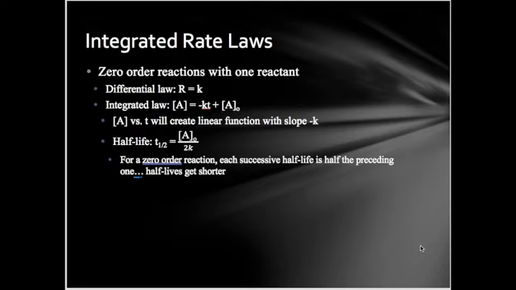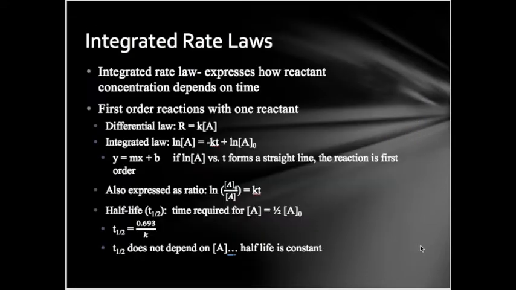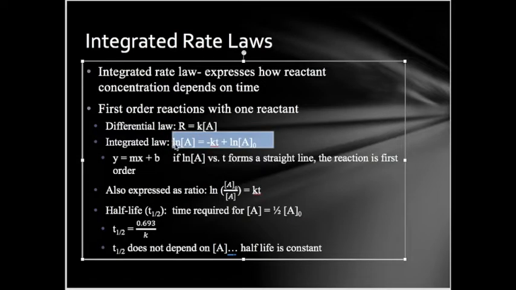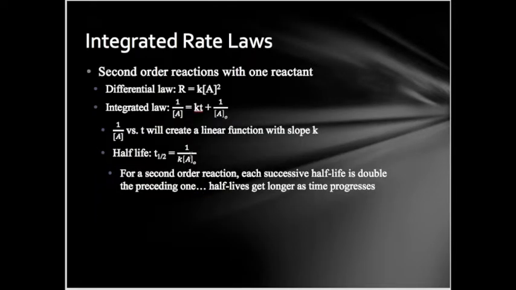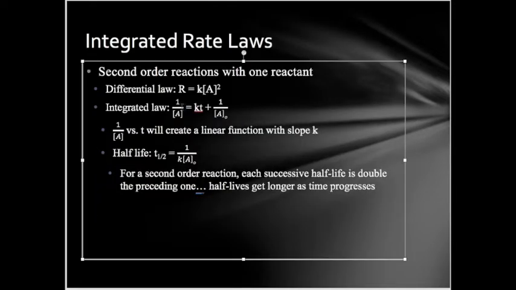Okay, so things to remember to summarize all of that. For first order reactions with one reactant, the integrated rate law will be this. The natural log of concentration versus time will give you a straight line with a slope of negative k. The half-life is constant. For a second order reaction, the integrated rate law, 1 over the concentration data as time